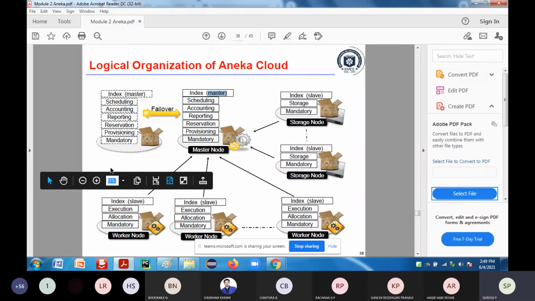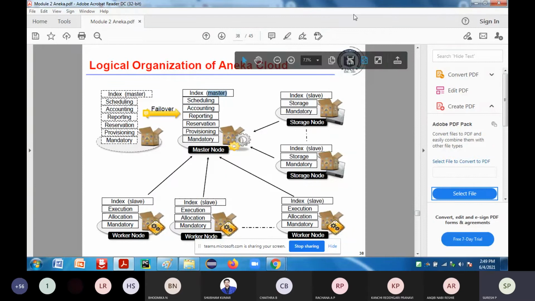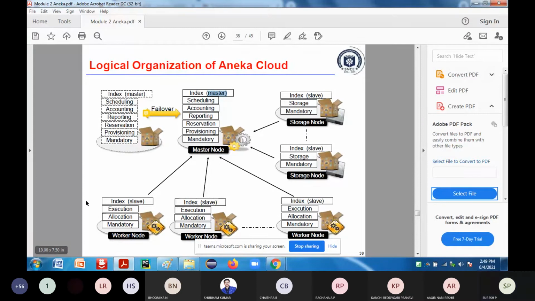Okay, so now when it comes to the storage node, what is the functionality of the storage node? Why do we require the storage node? The storage node is basically required to provide storage support for the application which is executing in the worker node. Your worker node is working on the application execution, but if the application has to work, you require the data.